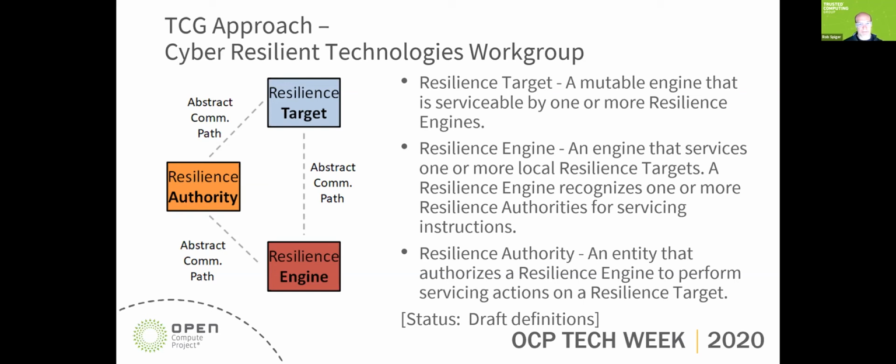This is really TCG's first try at how to do resilience. So getting feedback would be helpful. We've done stuff around recovery or A/B updates or things like that in the past, but this is kind of our first specification from the Cyrus work group. So I'd love to hear how well this model applies for the OCP scenario that you mentioned.